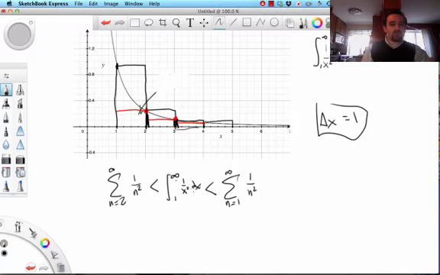So if we were to calculate the actual integral and find out it converges, that means this goes to a number called L. Well, if this goes to a number, since this is bigger than this Riemann sum, this also must go to a number. We'll call that m. Okay, so that means that the lesser one must go to a number since it's bounded above